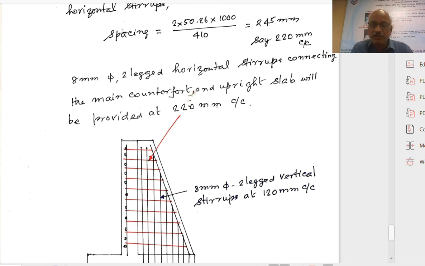Only thing is the viewers will have to know, if a particular design is required, what are the details that are required from the earlier part of the design. You need not design all the components. If the design of the heel slab alone is required, you need not remember the complete data, or do all the designs. So where do we have to start? What are the details that are required from the early part of the design? Take that part and directly go to the design. So that one must be familiar.